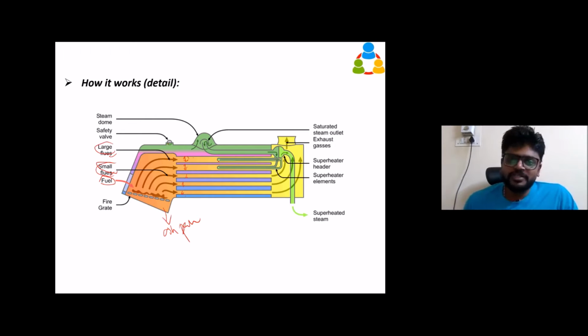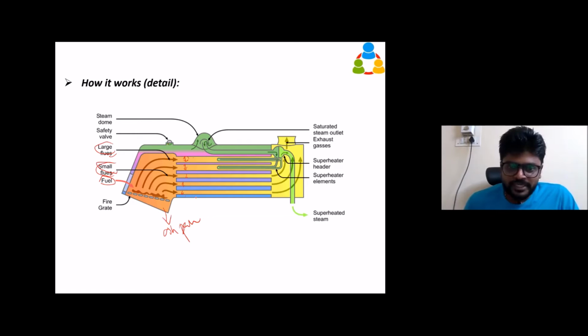So what is the purpose of these large flues? Why can't they keep the same diameter, same size duct pipe throughout? Means we will follow the process, then at that time I will explain to you. So when the hot gas is going through this duct pipe, that is nothing but the fire tube, also called flues, the small flues and large flues, the water is getting heated up.